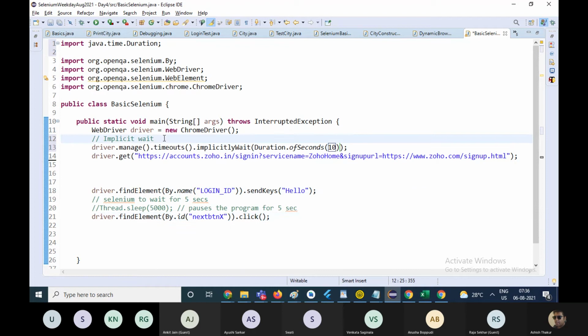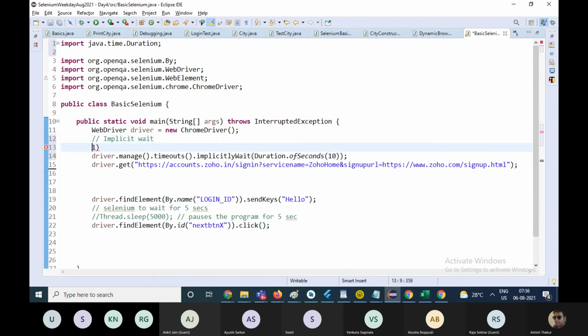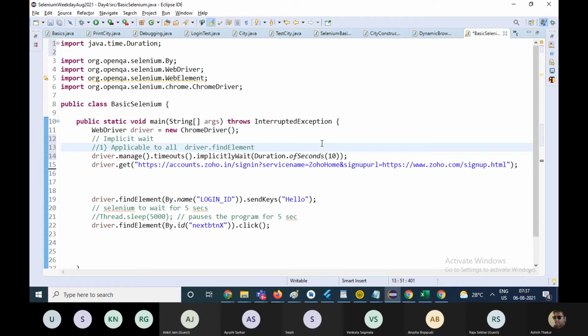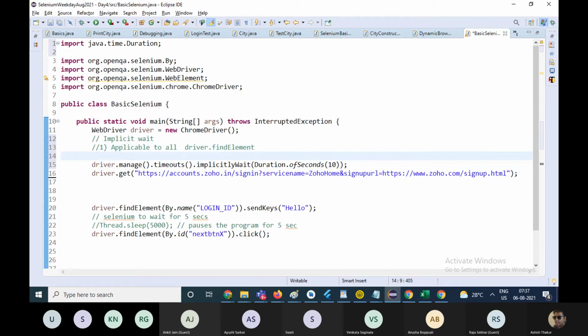Okay, implicit wait is applicable to all the driver.findElement commands which are there in the program. If there are 100 driver.findElement commands, it is applicable to all of them. And the most important thing is it is a dynamic wait.